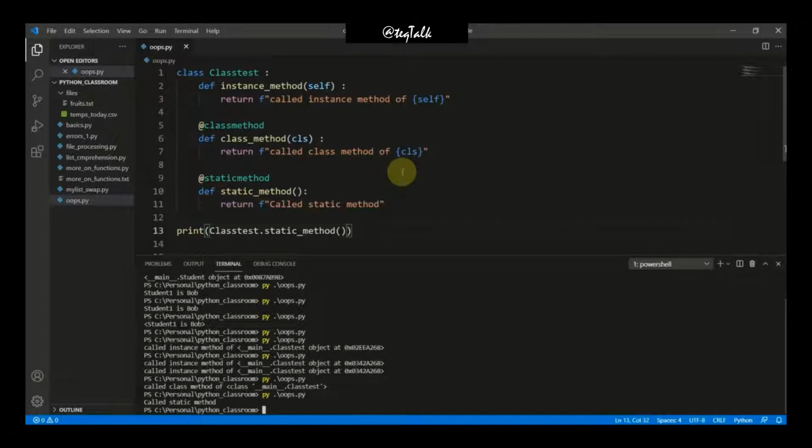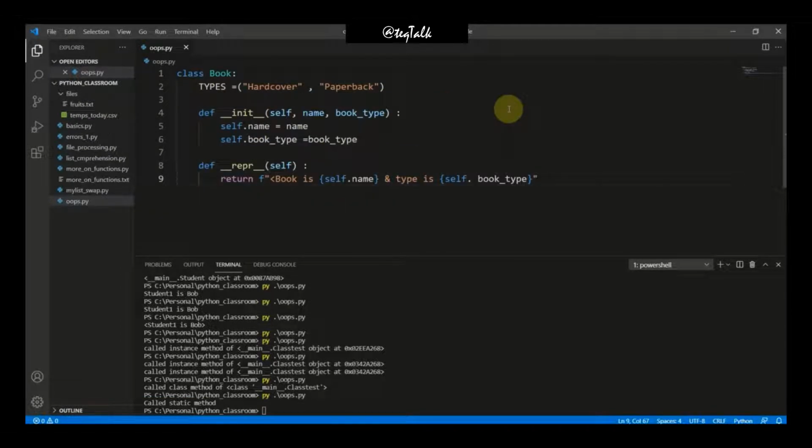And finally, these static methods are used to just place a method there because you feel like it belongs there for some reason. For you as a developer, you want to put that method in there because it makes sense logically for code organization or something like that, then you can use that. I'll say though that most of the time you won't be using static methods all that much, because mostly class methods and instance methods are used. So now we are going to learn about the factories where we are going to use our class methods.